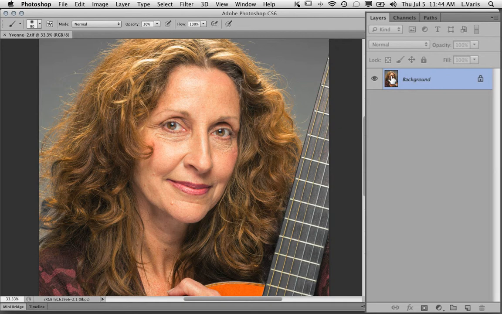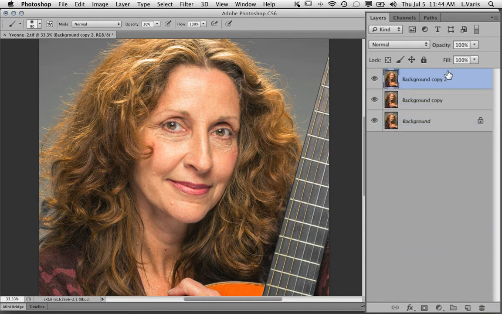First, we're going to duplicate the background 2 times. So I'm going to make 2 copies of it. This top copy is going to be our texture. And the middle copy here is going to be the blur. All right, so let's turn off this top copy just for a minute because we're going to work on the